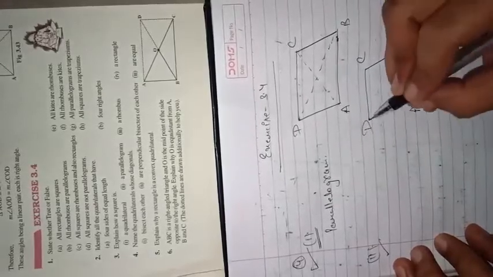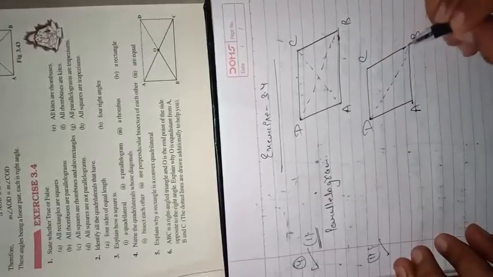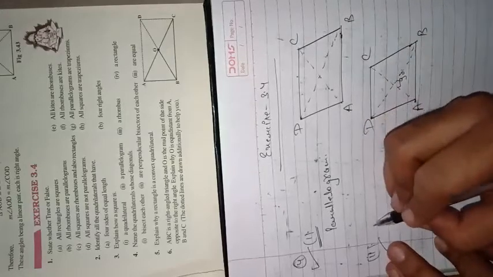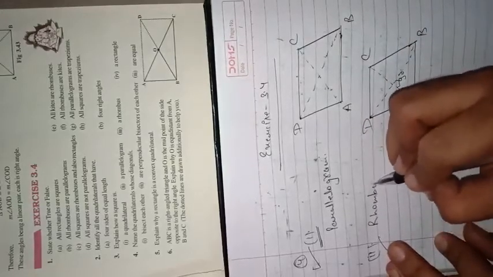In the second part, they are asking for diagonals that are perpendicular bisectors of each other. Let us recall this property, you have studied this. ABCD I have drawn, all sides are equal and the diagonals are bisecting at 90 degrees, perpendicular bisectors. This will hold in which case? This will hold when the quadrilateral we have considered is a rhombus. In a rhombus, the diagonals bisect each other at right angles. So in a rhombus, the diagonals are perpendicular bisectors.